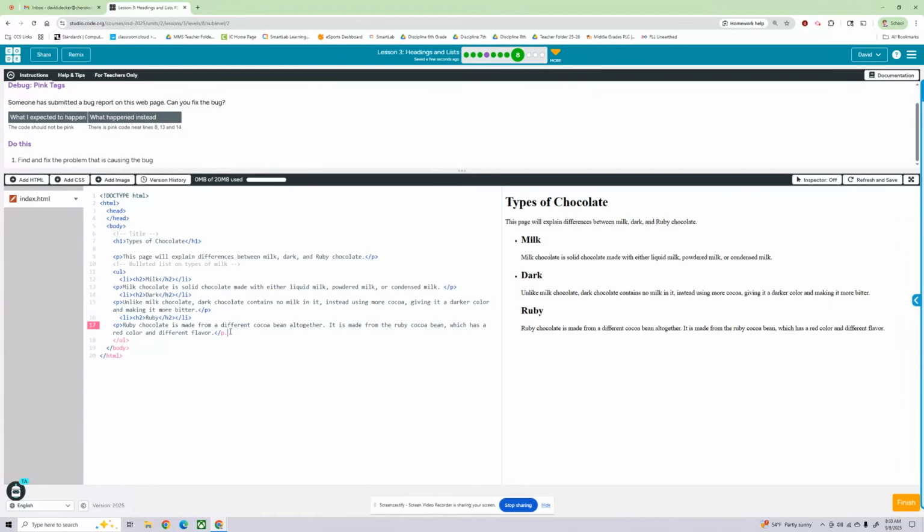Okay, it just looks like they did the same as that other person. Let's fix that end paragraph on line 17. And that got rid of all of the pink code, fixed all the bugs, website's looking great. Let's finish and head on to